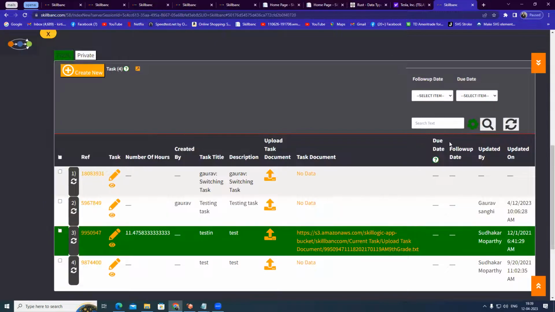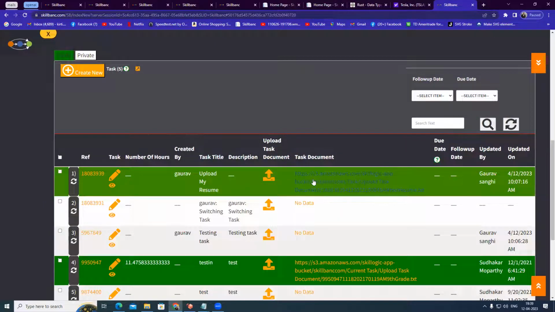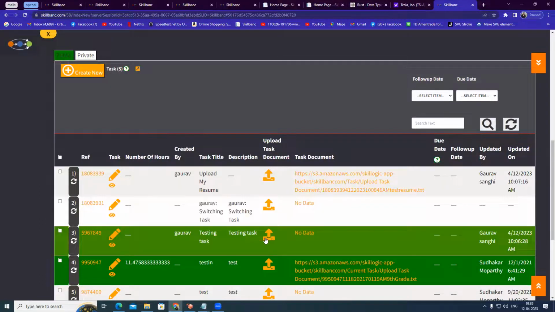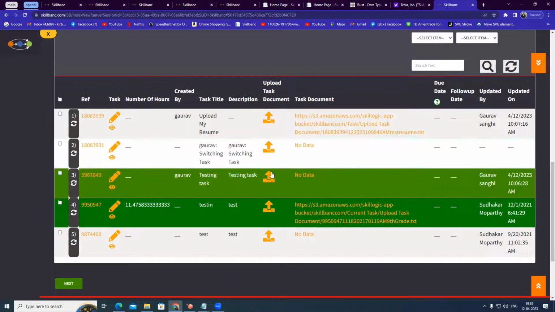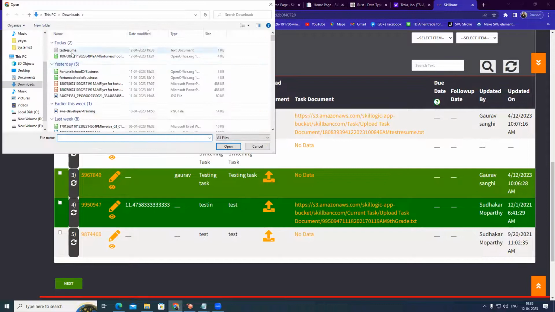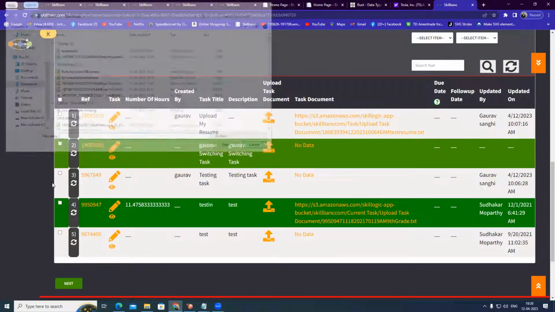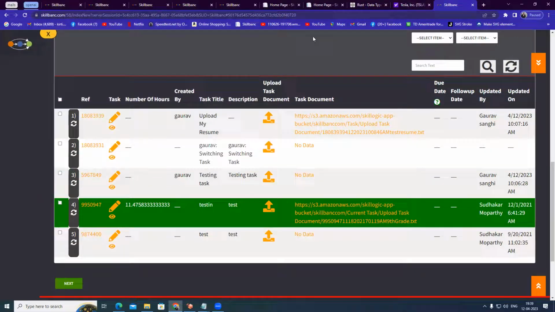So you should be able to see that you can also upload once you have a task. It will be listed here 1, 2, 3, 4. These are all different tasks, and I have this up arrow. That is for uploading a document directly. Click on that. So if you click on that, you are uploading to the third row. Okay, cancel. So whichever row you click that upload task document icon,